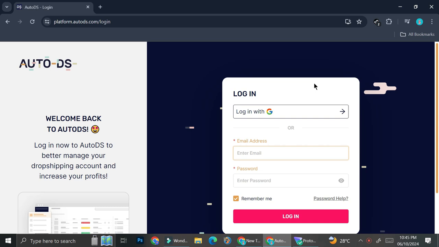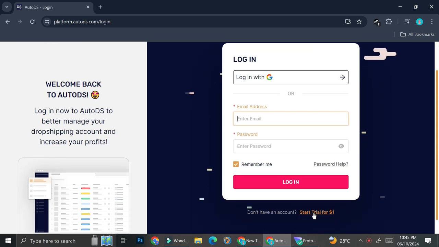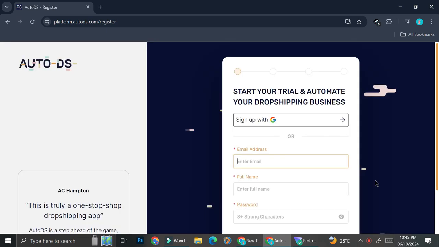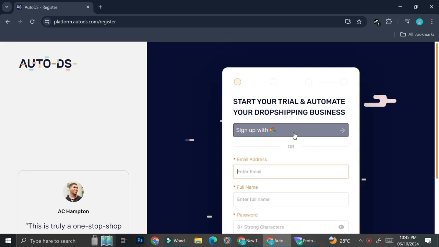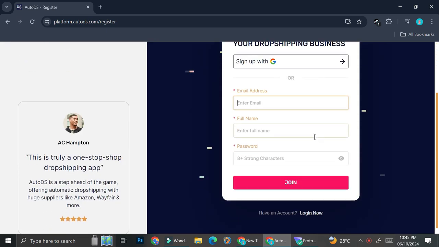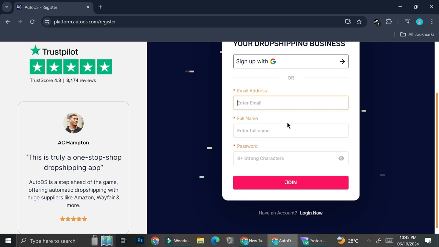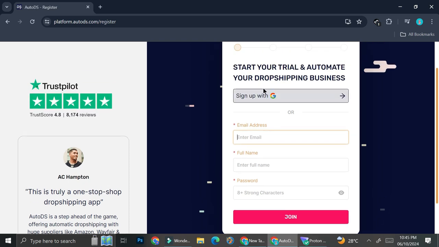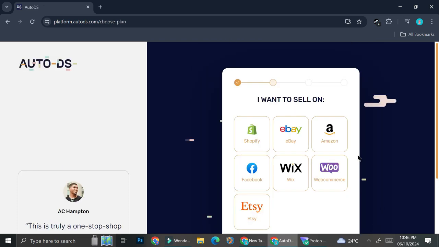platform.autods.com to start creating your account. So you can start the trial for $1 and you can sign up with your Google account if you want, or you can just manually enter any other email address that you have. And I'm just going to go ahead and sign up with my Google account real quick and get back to you once it's done. Next, we're going to want to set up our eBay store with AutoDS, so you can